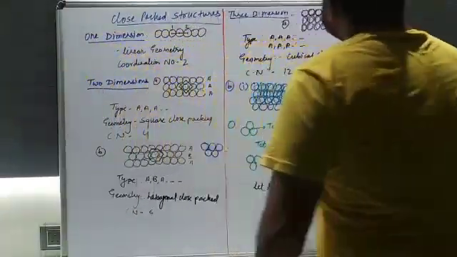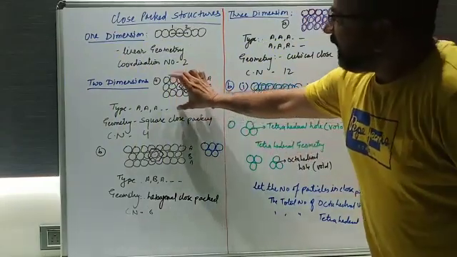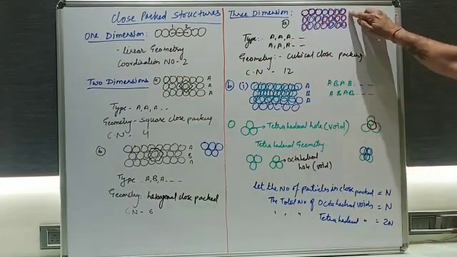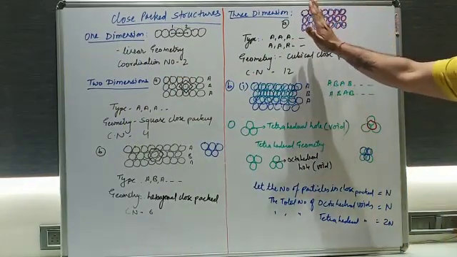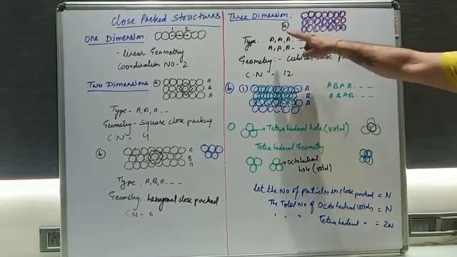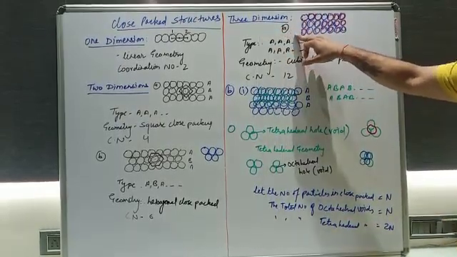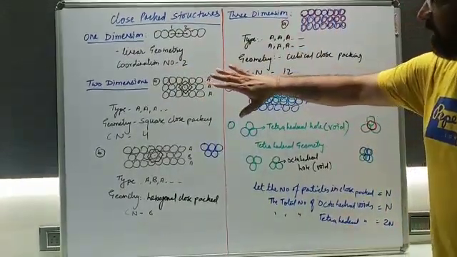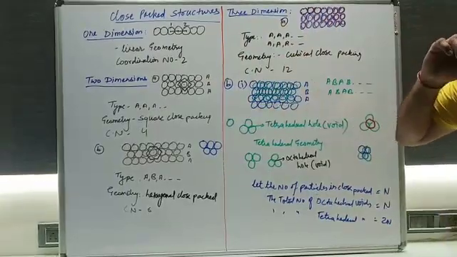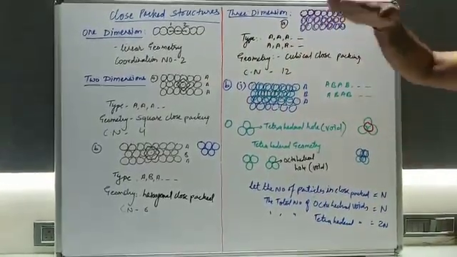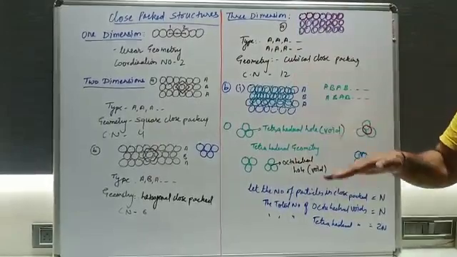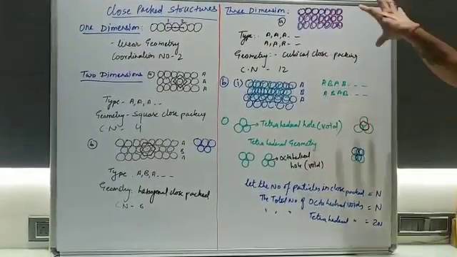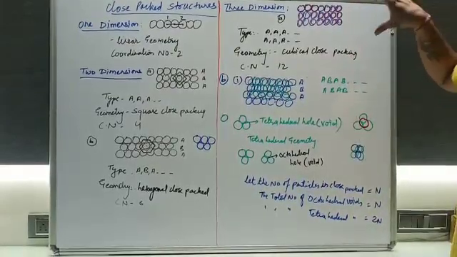Now in this case we'll see that I have taken this 2-dimension part like AAA type. So there are 2 colors, one is blue and the second is red. Okay, so just listen. In the 3-dimension arrangement, the first type of arrangement will be that I take the AAA layer and on the same layer I keep another layer that will be AAA type. Okay, so AAA on this AAA. So there are two layers. So it will give rise to 4 particles at the bottom and 4 particles at the top.